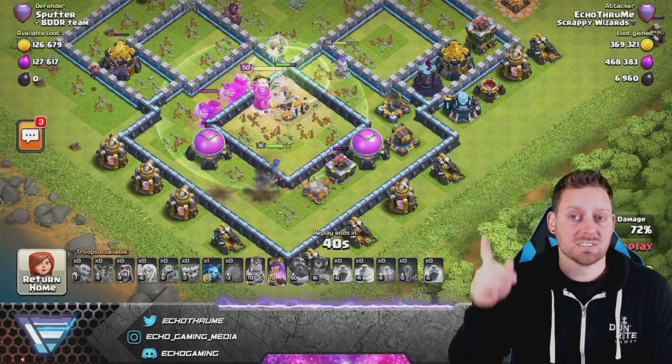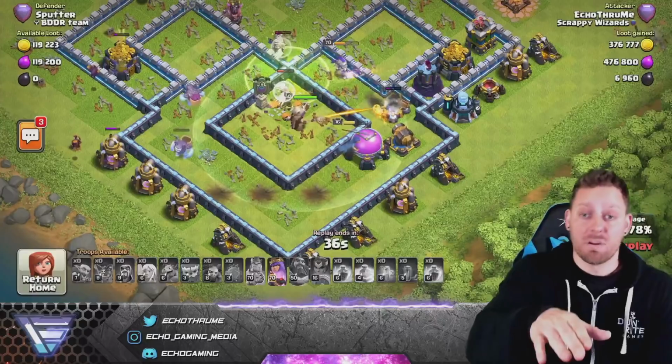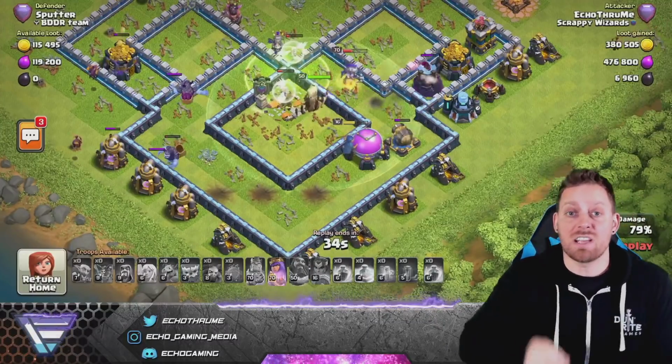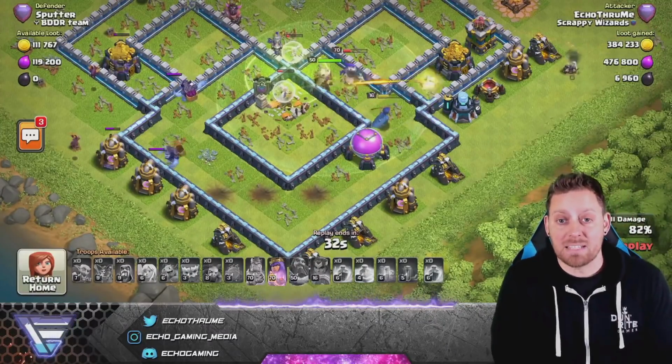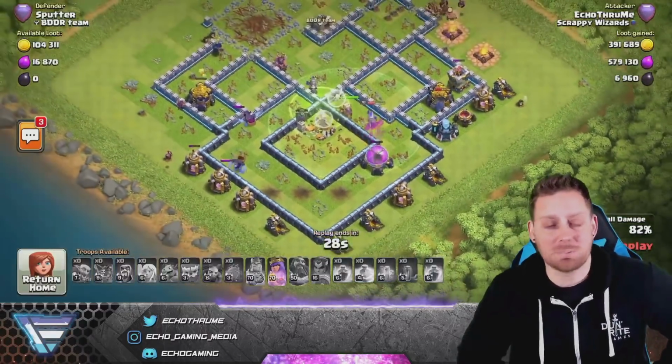Now the cool thing here is there was a jump spell into the Town Hall, so the Yeti were able to get out of there from the Blimp, get healed up by those healers, and then continue their way around the base. As my watch starts going off at noon every day, that watch beeps and I don't know how